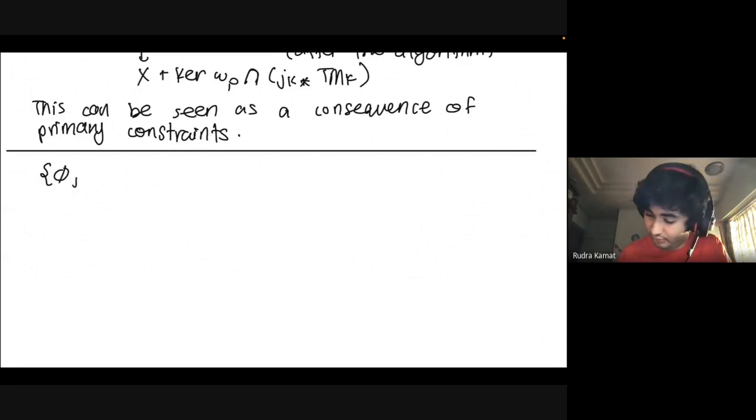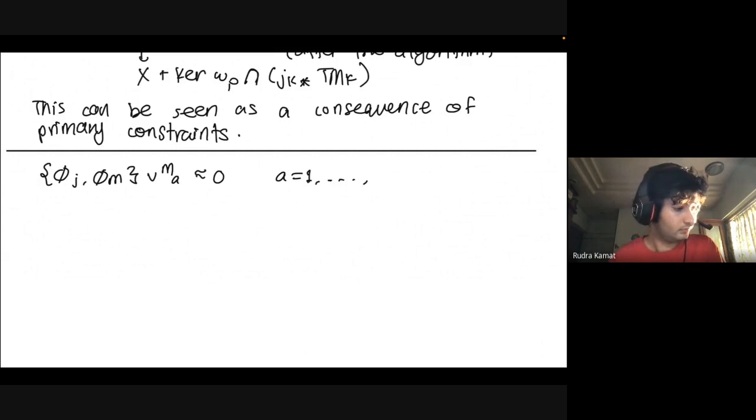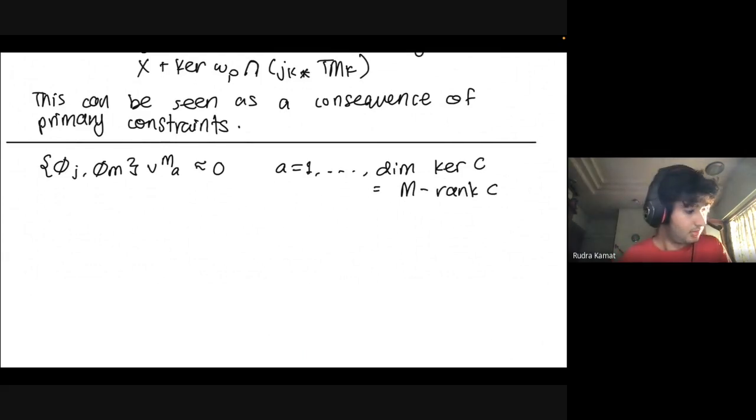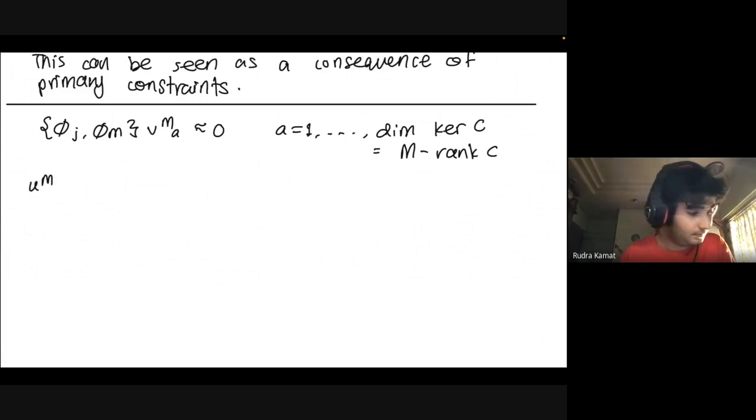So now, right now, we have phi sub j, Poisson bracket phi sub m. We can have some eigenvectors here for a equals 1 to the dimension of the kernel of C, where C was the matrix of their Poisson brackets, and the dimension of the kernel, or the nullity, is just m minus the rank of C by the rank-nullity theorem. So multipliers have general solution